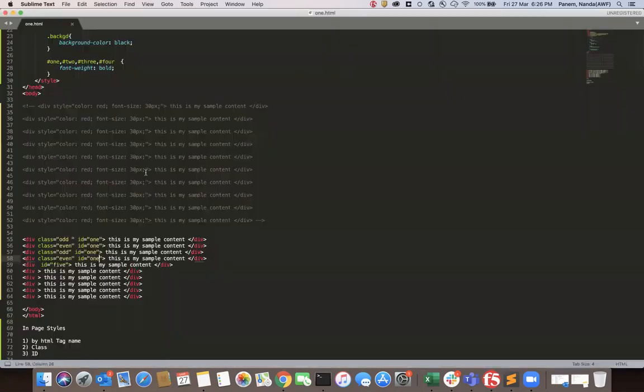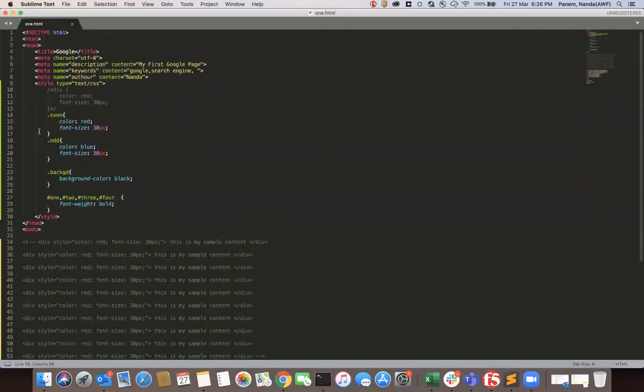Now, we are going to have one more concept. We are going to see those concepts are colors. What is this color? Color is nothing but how the color we are going to provide in an HTML page. By providing colors, as of now I'm writing the names: red, green, blue, yellow, all these things. Is it the right way? It is the right way, but up to some extent. How many color names do you know?